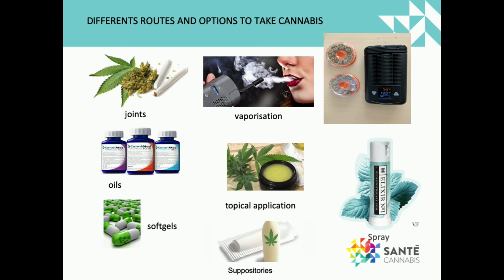So we start to use topical application of cannabis. We have some recipes for them to make their own cream of cannabis. So if the pain is localized, for example, to the shoulder, or they can use it topically if they have problems to tolerate it by mouth, for example. And we have sprays of cannabis, suppositories, and soft gel.